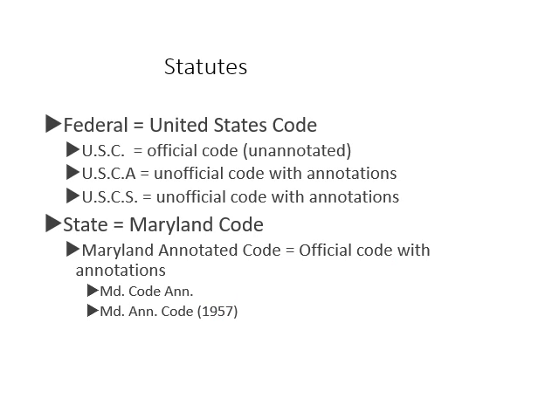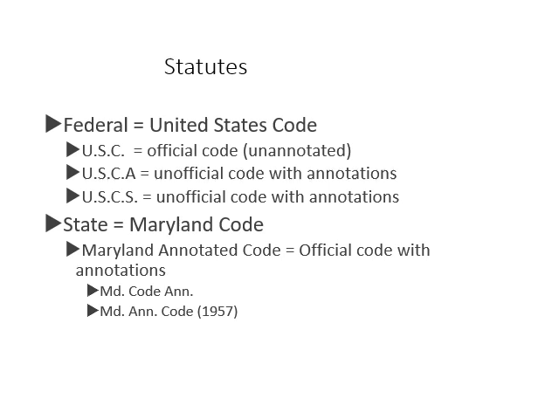Let's turn to statutes now. The statutes at the federal level that are made by Congress and signed into law by the president are called the United States Code. Just like with the federal reporters, there's an official and unofficial version. The USC, the United States Code, is the official code. It is unannotated, meaning that there are no additions by the publisher to help explain or interpret or further research the law. There are two unofficial publications of the United States Code.